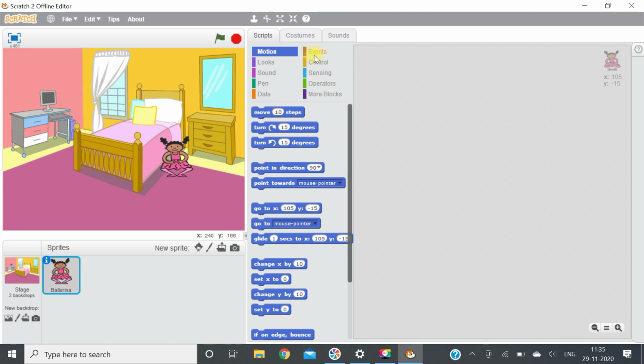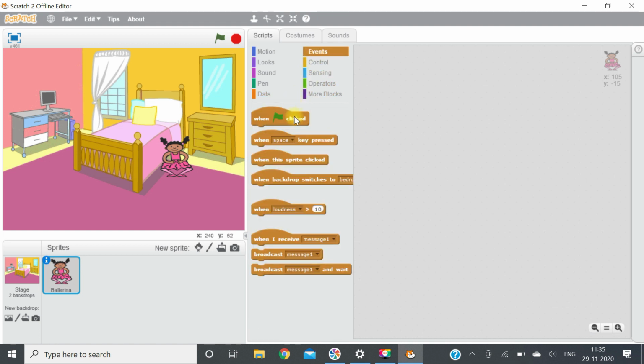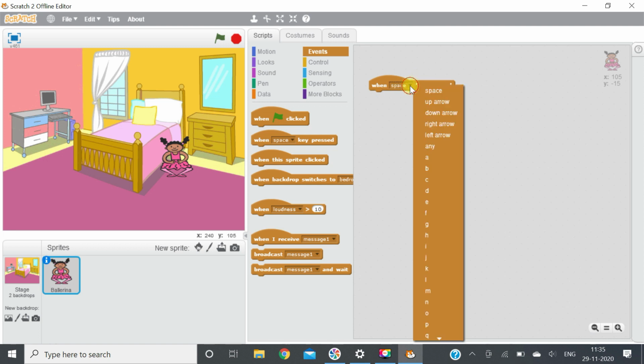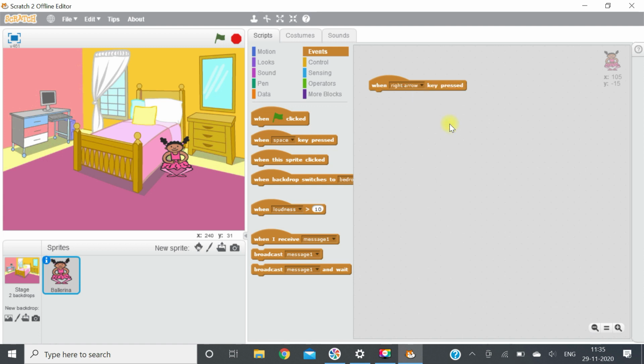So for that first we will select the event. Fine. By default it is space bar. If you want to change it, suppose right arrow, you will select it.